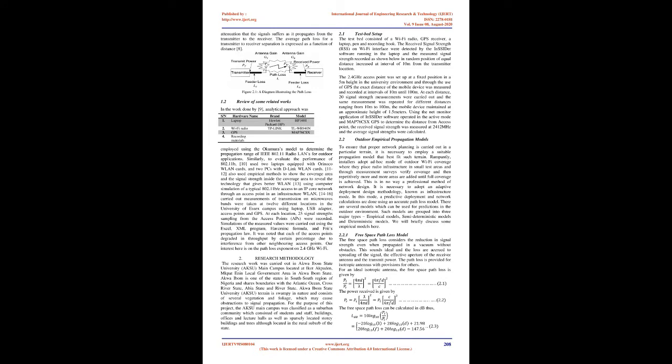Figure 1.1 illustrates path loss in a typical wireless communication system. Proper network coverage planning requires a good understanding of the fundamental limitations caused by diverse radio signal propagation mechanisms due